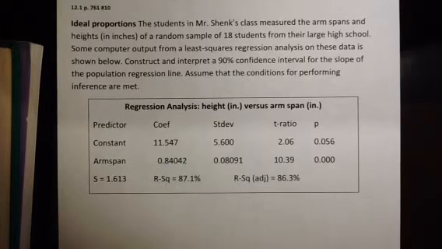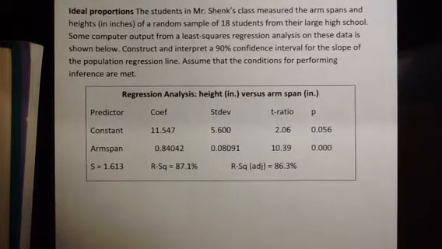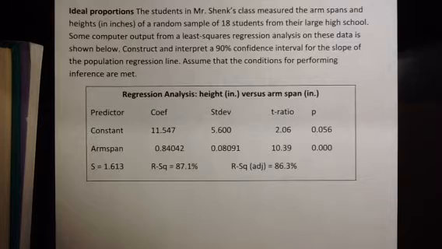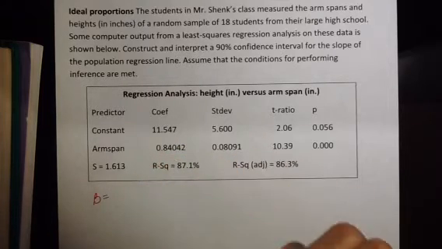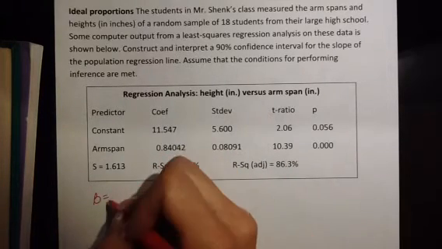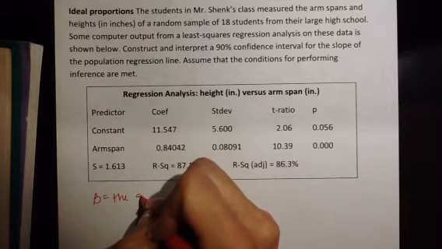So we're going to go through that same four-step process that we began way back in chapter, I think it was 8. In the beginning of that, we want to do our state. When we're stating, we want to talk about our parameter of interest, kind of set the stage for what's going on. It's going to later on help us out as well. So we're looking here at beta, which is the slope of the population